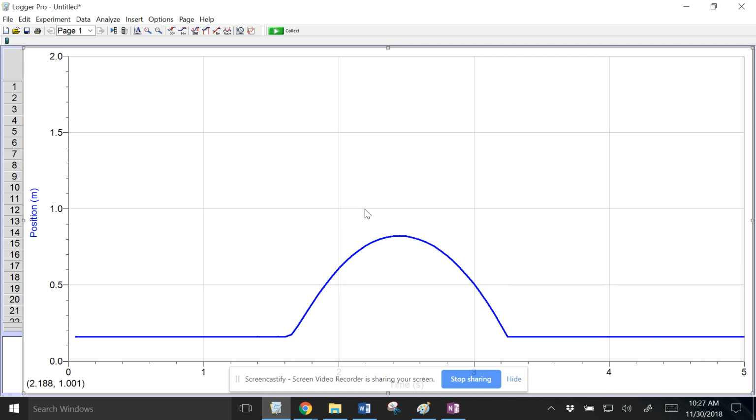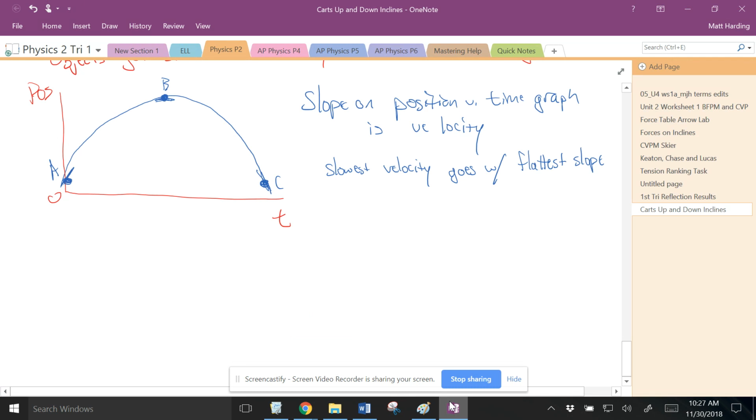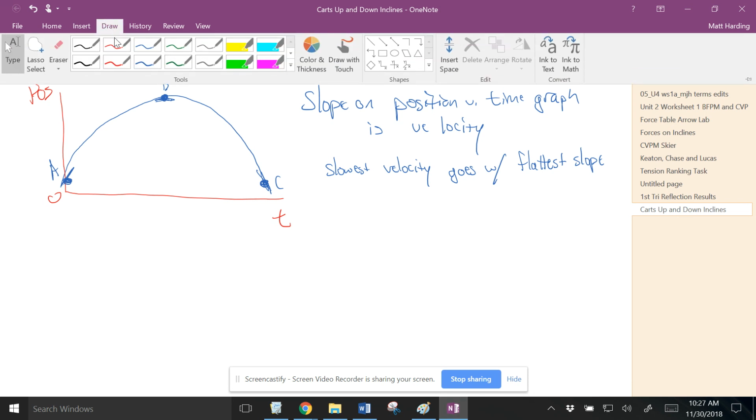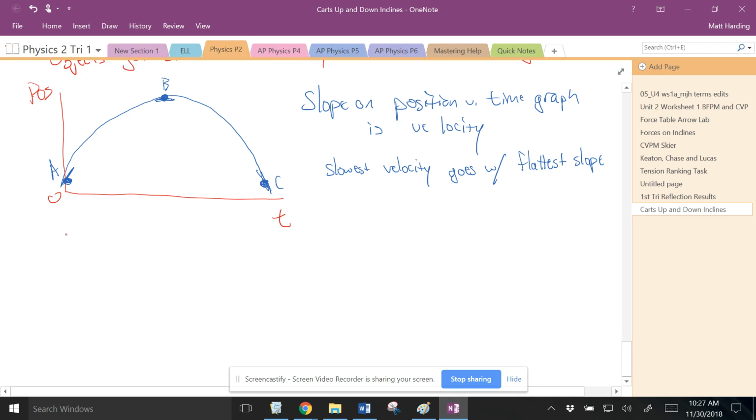Yeah? Frowny face graph. Okay? Frowny face graph. All right. And you could be putting this on your note sheet that goes with the other part of it. So now if we're going to draw the velocity versus time graph, if that's the position graph,